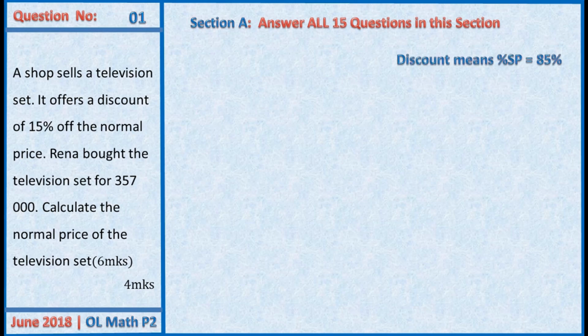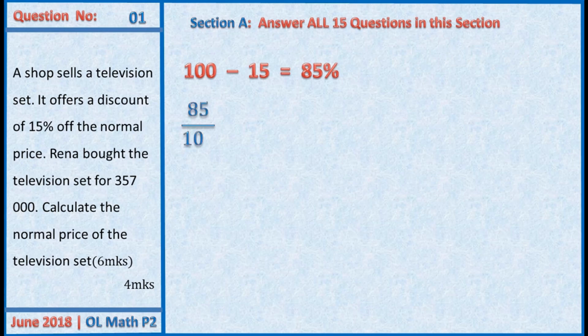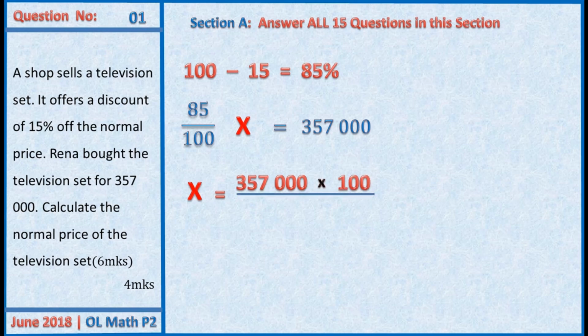So a discount of 15% here actually means the selling price is 85%. So it was sold at 85%, and this 85% corresponds to the amount 357,000. So 85% of x will be equal to 357,000. Cross multiplying, we obtain x equal to 100 times 357,000 divided by 85, and that gives us